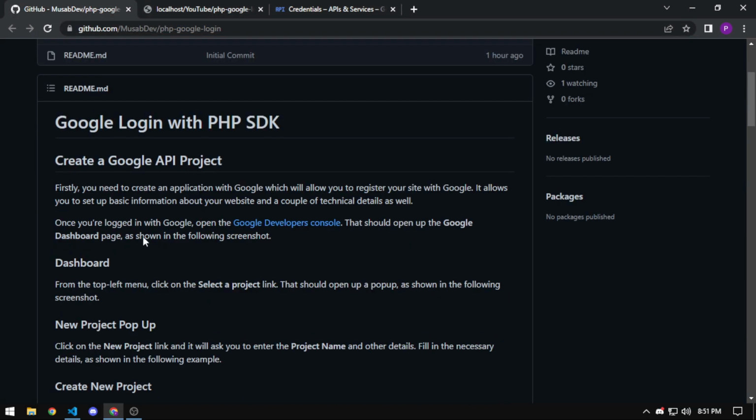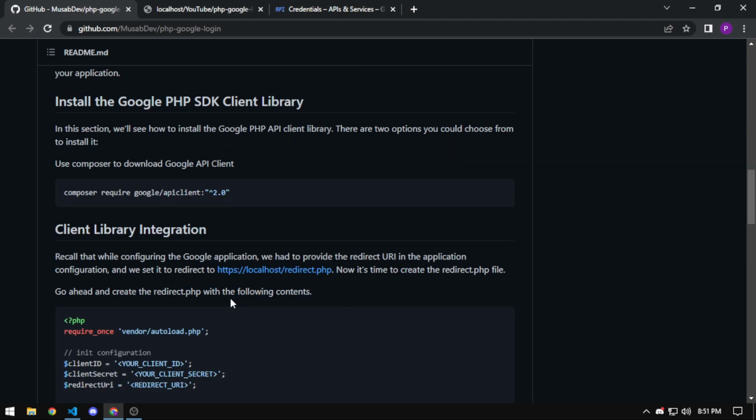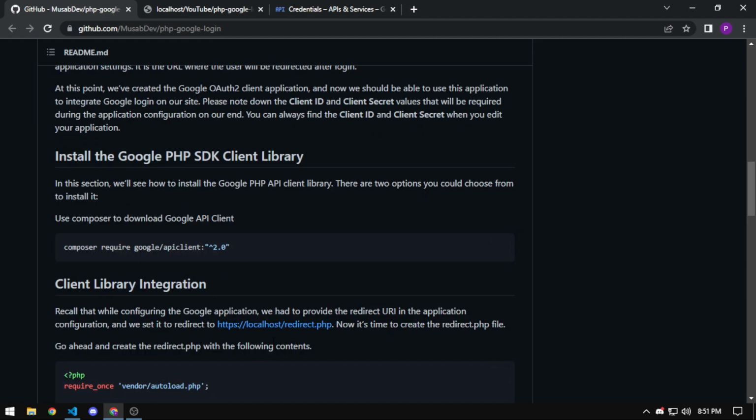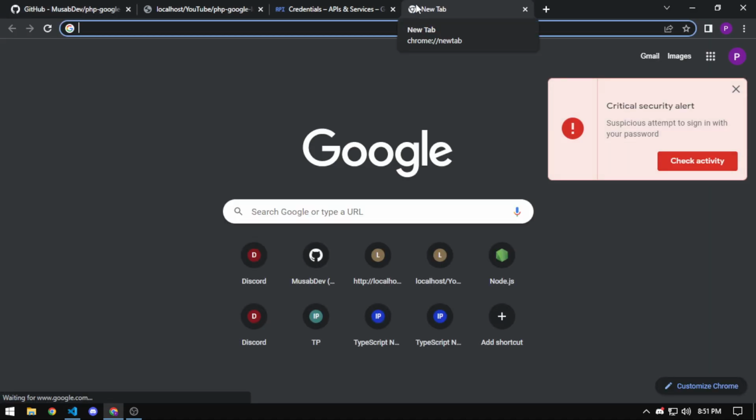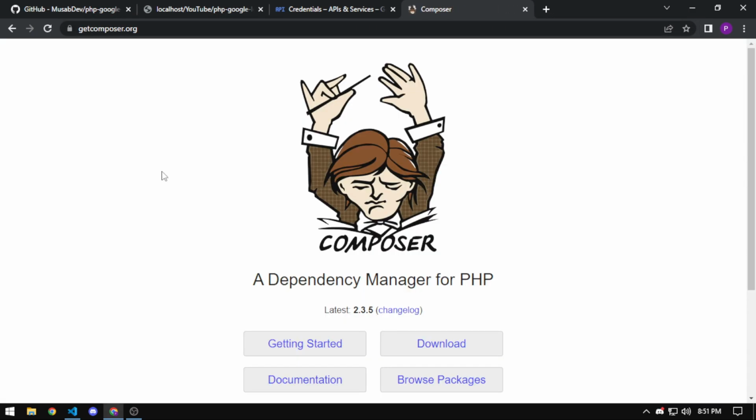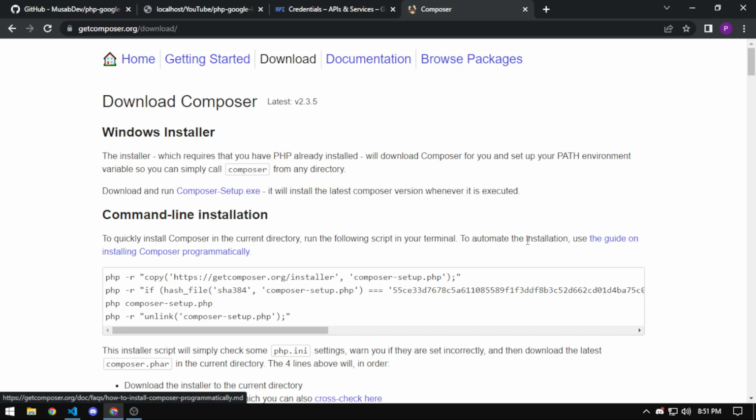You can see in the repository all the instructions, by the way. Now what you have to do is install the Google Client API with the help of Composer. If you don't have Composer, you can install it. For that, search in Google for get Composer. You can see a website, open that and click the download button, and then you can see Composer-Setup.exe for